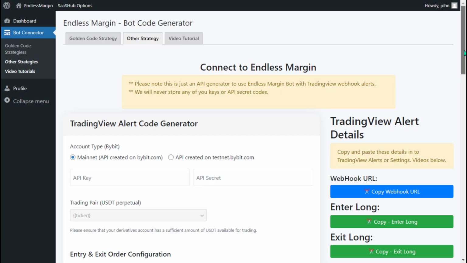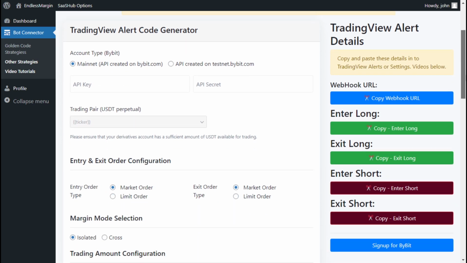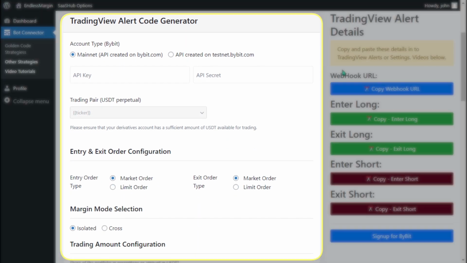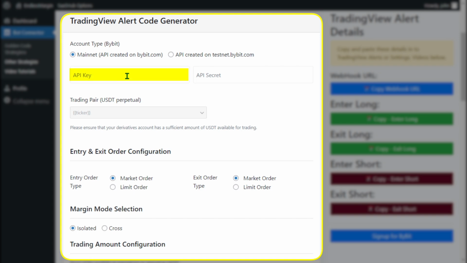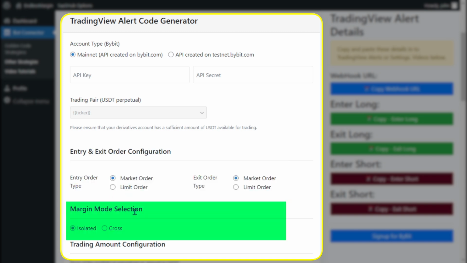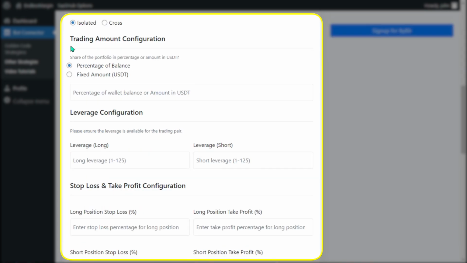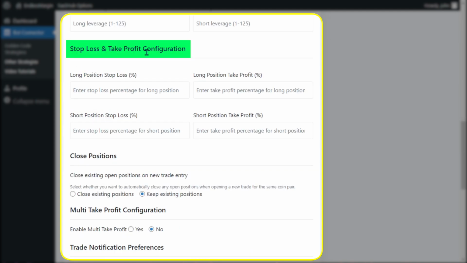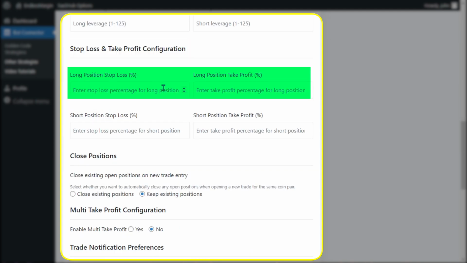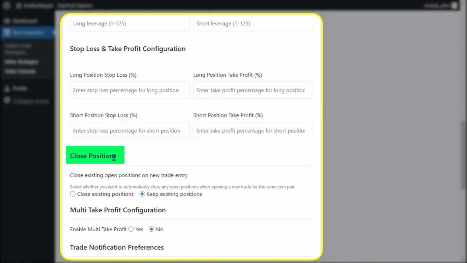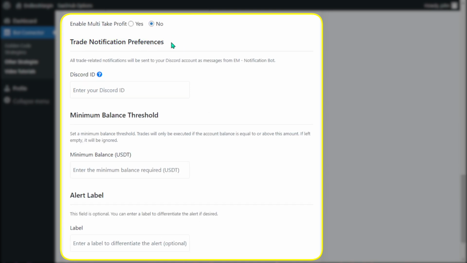Step 3. Completing the TradingView Alert Code Generator form. Fill out the form with your ByBit Exchange API key and secret. Choose Order Configuration, Margin Mode, Trading Amount, Leverage, Stop Loss, Take Profit, Close Positions, Multi-Take Profit (optional), Trade Notification Preferences,